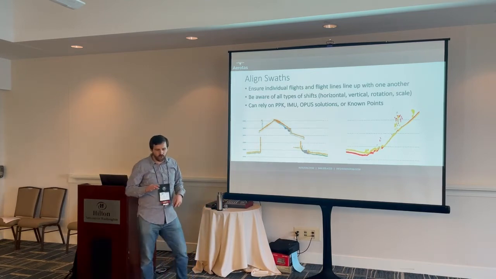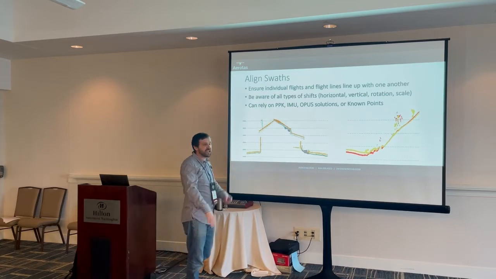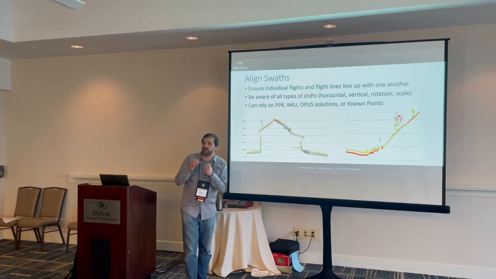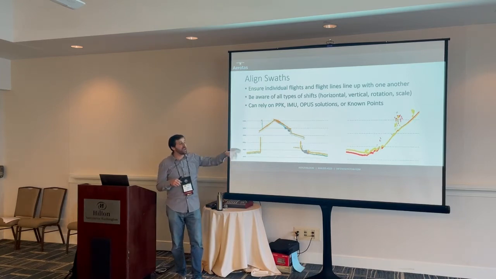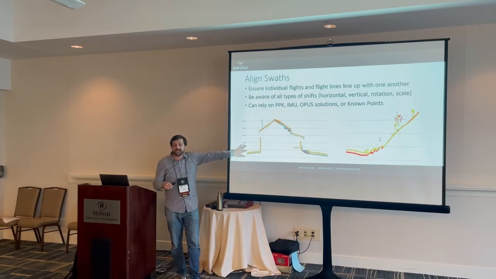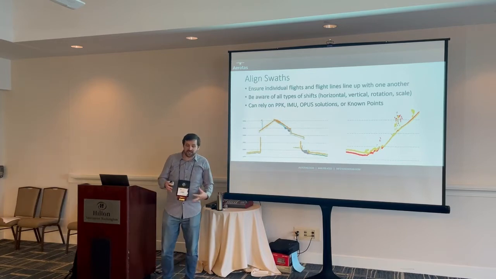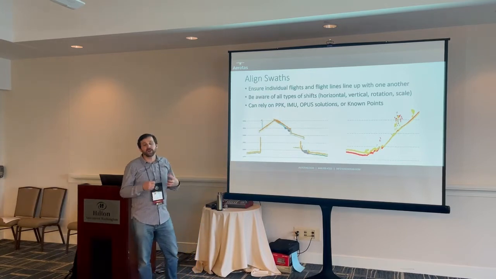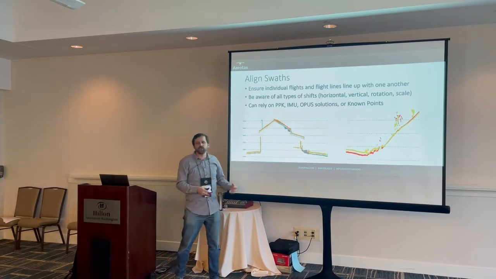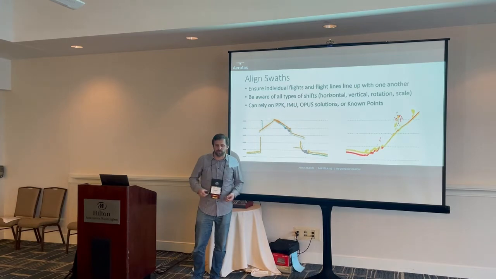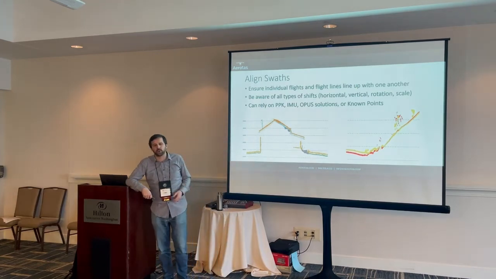Sometimes you have to shift one a little bit further north, a little south, a little east, west, up, down, just to get everything to align properly into a single cohesive point cloud. This is where having check data can really help, because we haven't integrated any ground control or check data yet on this, but check data can tell you which one is actually accurate versus the other ones. The individual point clouds, as long as you follow the procedures and there's not an error in the hardware,